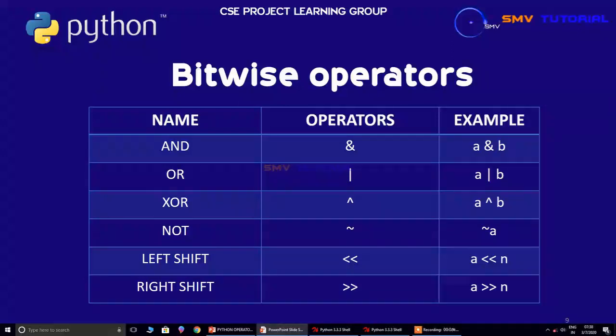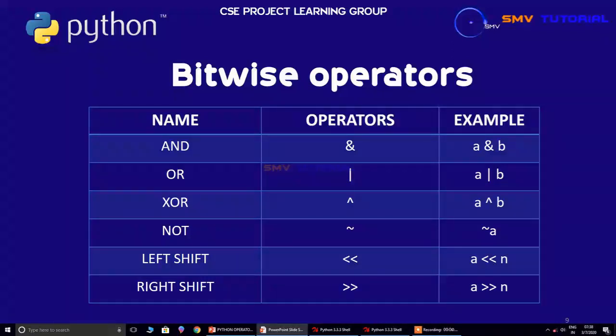Next is the XOR operator. It copies a bit if it is set in one operand but not both. Next is the NOT operator. It is unary and has the effect of flipping bits. Next is the left shift operator.